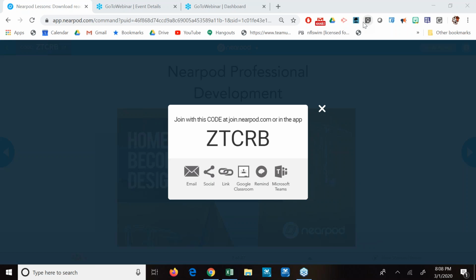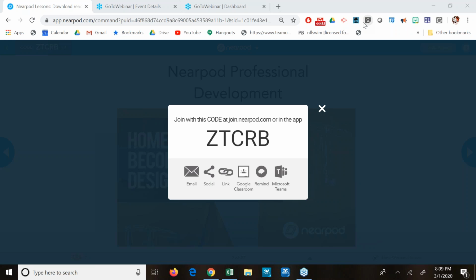So you're going to go to nearpod.com and then join a class or join a code. Don't sign in. You don't even need to sign in. You're going to act as a student right now. So this is what all of your kids would do. And it doesn't matter if it's kindergarten through grade 12 or college or a webinar. It all works the same way.